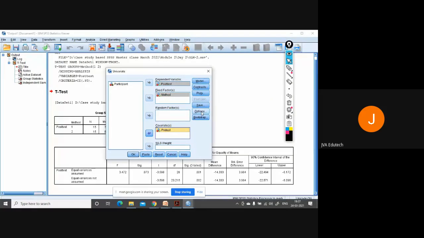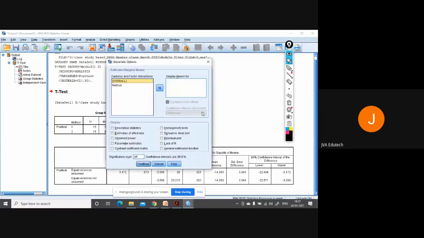Now under options, choose method first. Display means for method. Descriptive statistics. Now effect size. Here we need not calculate manually. You can directly select the estimates of effect size in ANCOVA. You have that option.